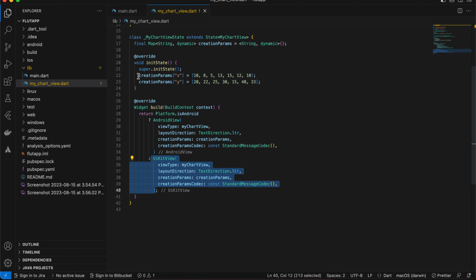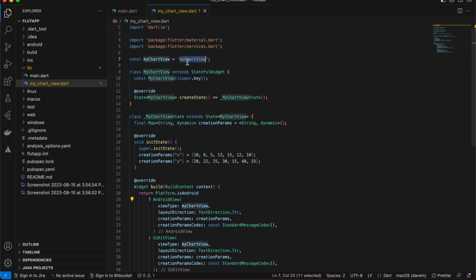For Android I am sending the x-axis values as well as the y-axis values, and this is how you set up a native view for Android in Flutter. So this is boilerplate code, and this is the string which I have defined. Now what you have to do is,